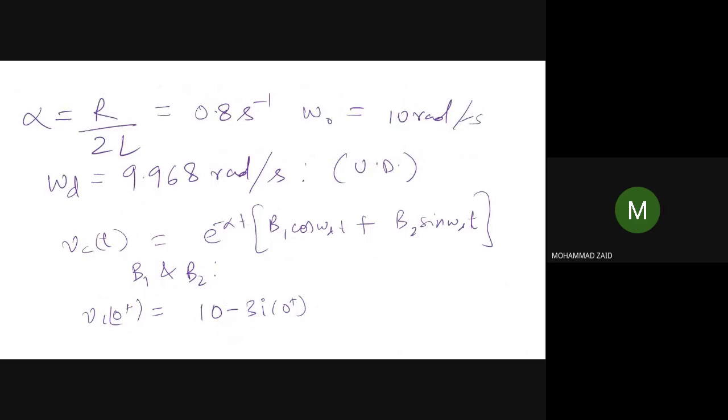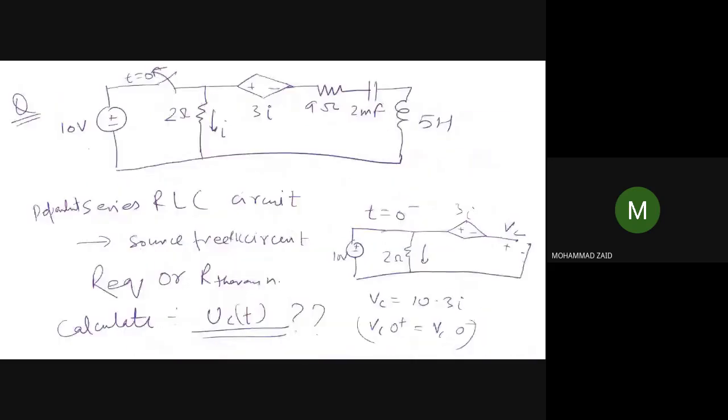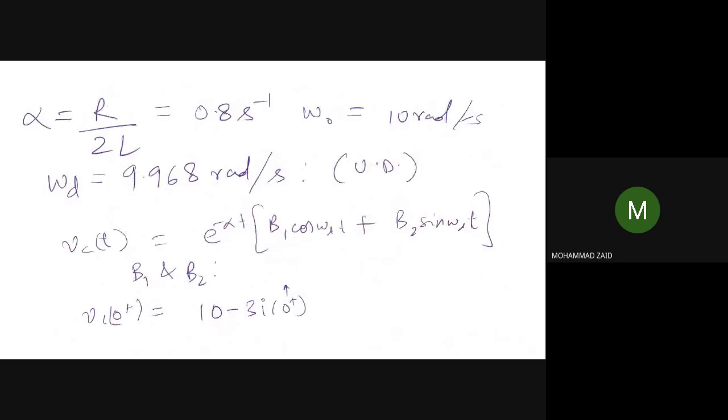And what was the initial current that was flowing, I(0+), in the circuit? I(0+), because it is a dependent source. So you see the I(0+) which was flowing in the circuit was because this is not working, so the capacitor is open circuited. So it will be 10 divided by 2, that is 5. So I(0+) is equal to I(0-), that is equal to 5 ampere.